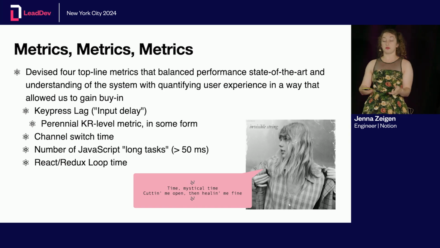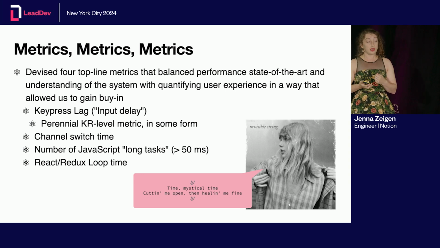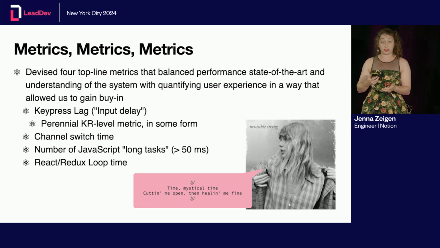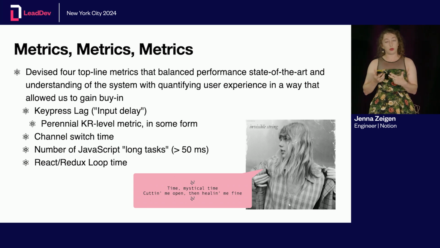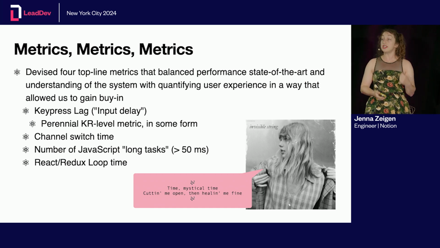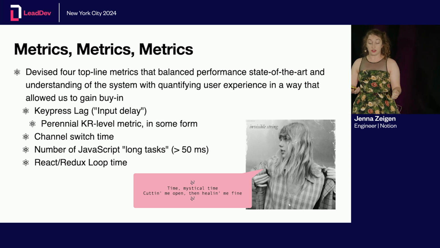So we needed to devise metrics that were going to suit our needs. We tried to thread this needle between showing what was slow, actionably for engineers, to show us what's going on with their systems, and making it movable, right? If people are going to put in work to fix performance, we want to see the effort there. But also, we needed metrics that were going to demonstrate impacts on users from a strategic standpoint,